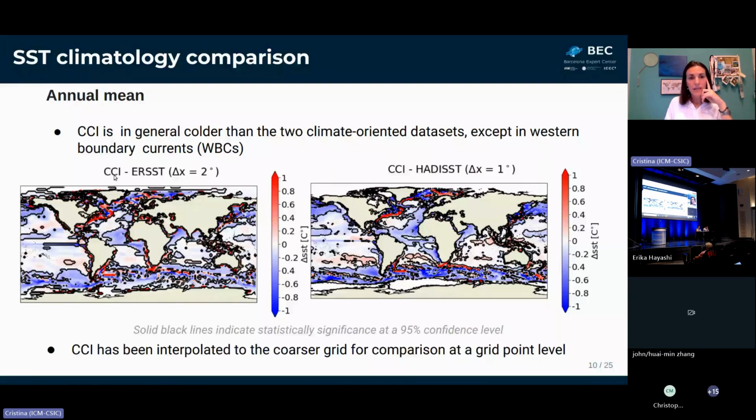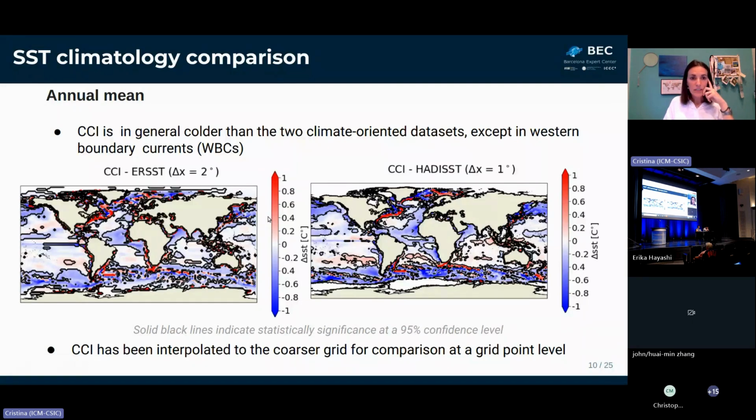And we are showing here the different CCI with respect to ERSST at 2 degrees, and on the right you have the other with respect to the other data set at 1 degree. And as you can see, as a first glance, CCI is in general colder than the other two climate-oriented data sets, except in the western boundary regions, as you can see easily here. And I want to highlight here that in all the figures I will be showing today, the solid black lines indicate the statistical significance at